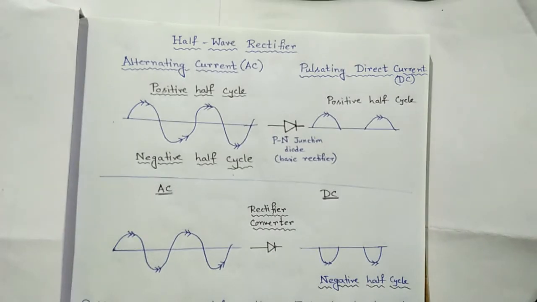Welcome to everyone. Today we shall discuss the half-wave rectifier and its application to Fourier series. A half-wave rectifier is a rectifier that allows only half a cycle, either the positive half cycle or the negative half cycle, of the input AC signal and converts it into a pulsating DC output signal, while the other half is blocked. So, let's see a problem related to this topic.